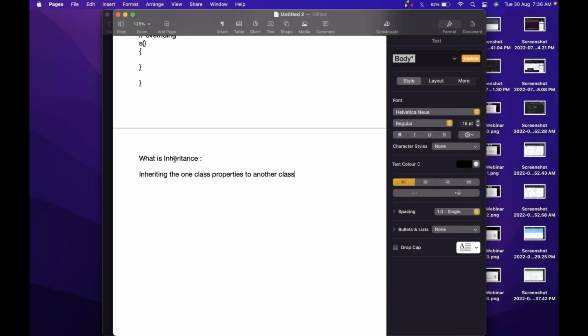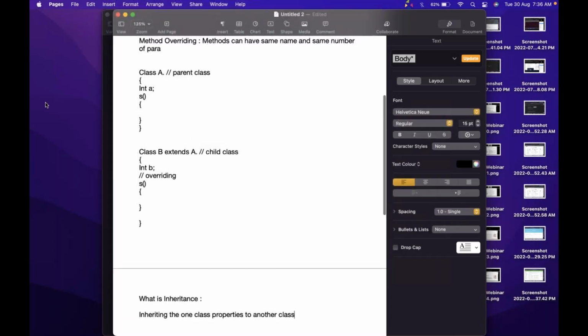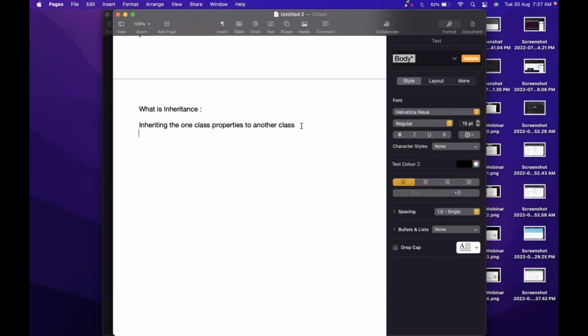You can inherit attributes and methods, everything. So the A and the S method, you can have them in class B also automatically. That is available now in class B because of this extends keyword. So extends is used to inherit. The extends keyword is used